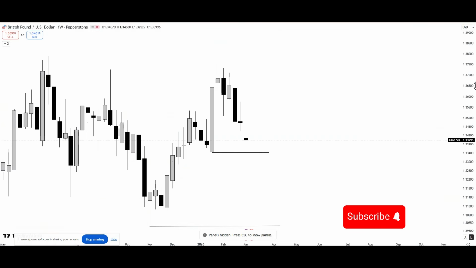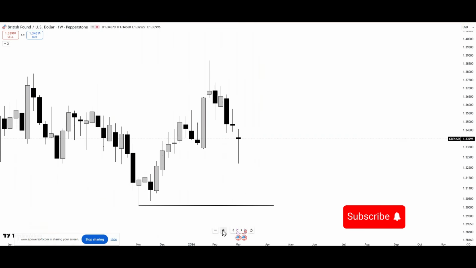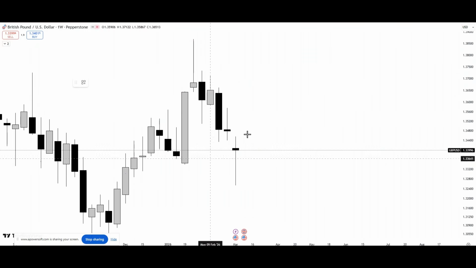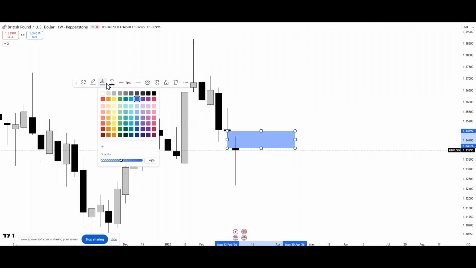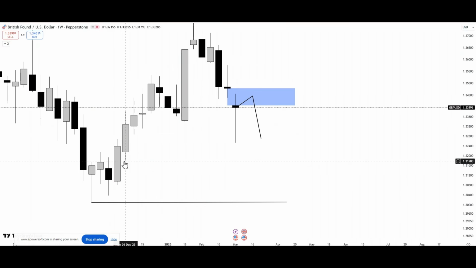So let's look at GBPUSD. If you look at GBPUSD, of course, GBPUSD has been really heavily bearish compared to EURUSD. And so far on the weekly time frame, you can see we have this gap left behind by price. So we can consider this a volume imbalance. So I want to see price retrace to this before we continue with the bearish momentum. And of course, draw on liquidity. We have a lot of sell side liquidity here that I want to see price get to.